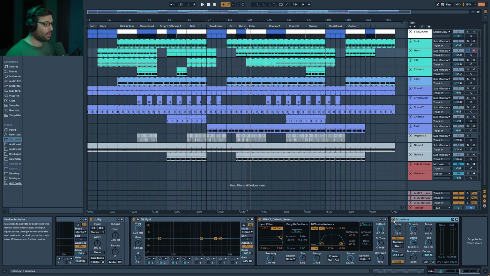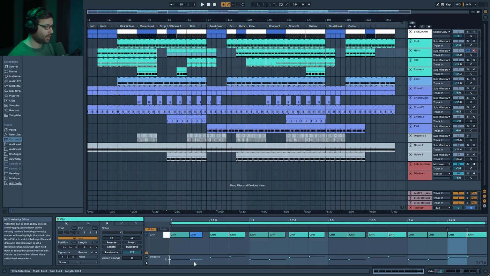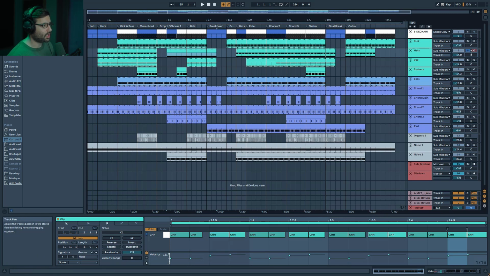Sometimes if I like the hats to be a bit more noisy, I will remove the Drum Bus. But when I want them to be a bit more modern and sharp, I will use the Drum Bus for that. Then during the track, they play pretty much the same pattern all the time. The open hat is always offbeat. The closed hat is always a 16th closed hat. But you can see I play with the velocity, and the first two notes are lower than the other two, which gives this nice